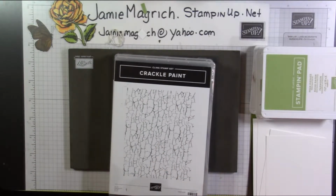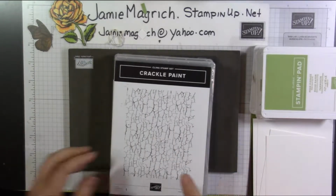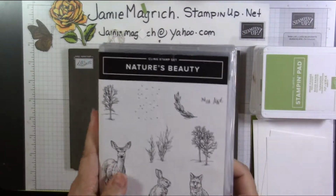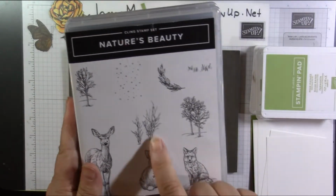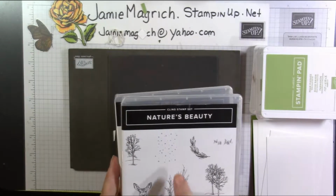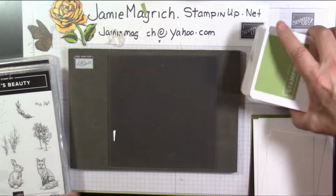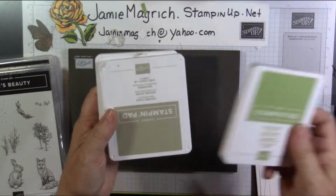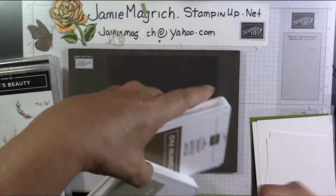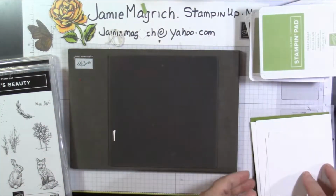Going to be using subtle embossing folder, crackle paint background stamp, and the Nature's Beauty. This stamp set is in the grass, and I believe, yeah, the trees as well. Okay, for inks, I have Pear Pizzazz, Crumb Cake, and Soft Suede. For paper,